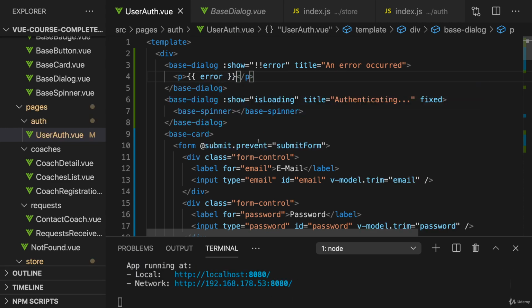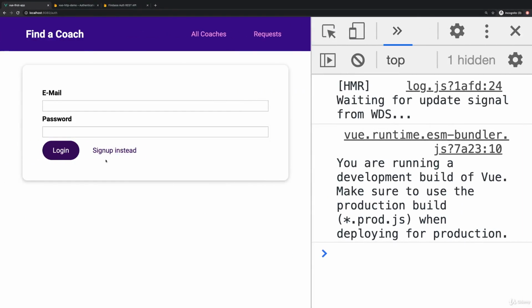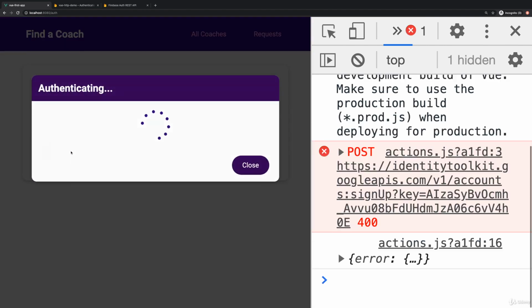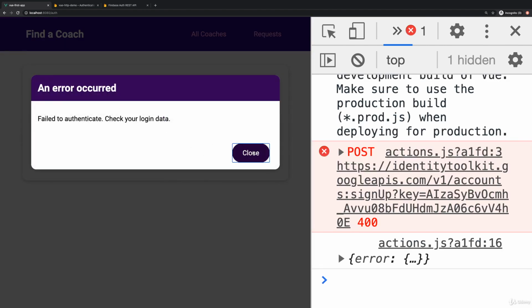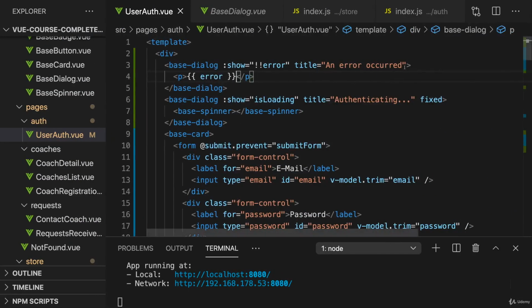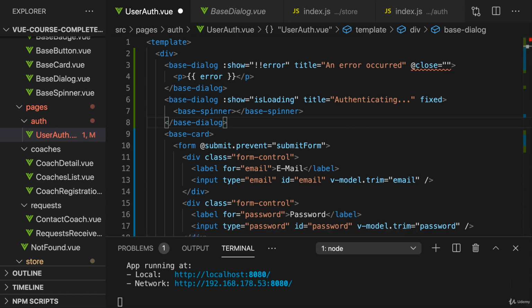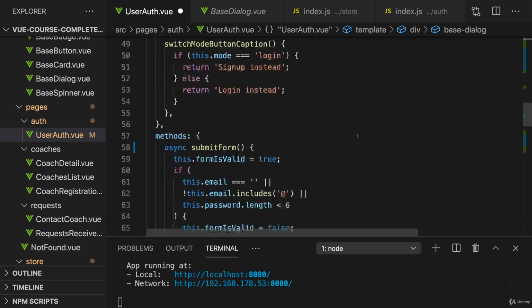With that added, if we saved it all and go back, go to sign up mode, and I enter the same email address as before, and I click sign up, we see that spinner and then that error dialog. This close doesn't work at the moment, as I can see, because obviously we should listen to the close event on that error dialog, not on the other one, because the loading dialog is dismissed automatically, but the error dialog should be dismissed by us with a handle error method we should add, in which we simply reset our error